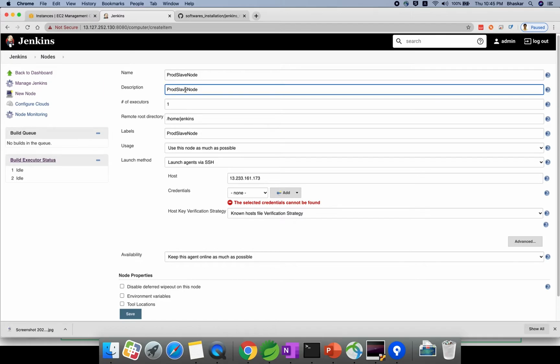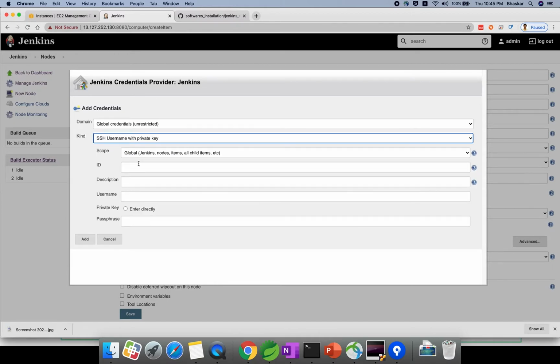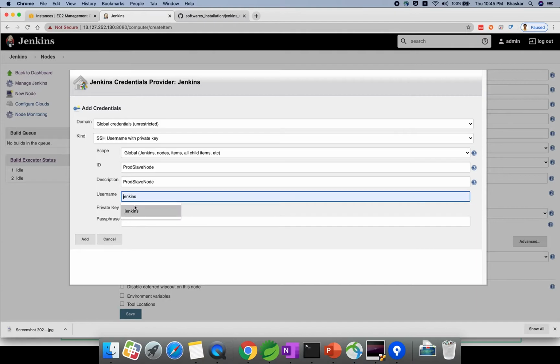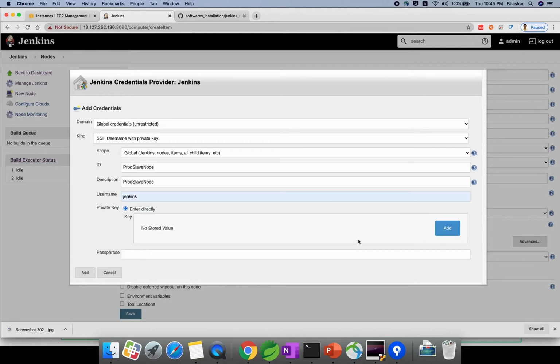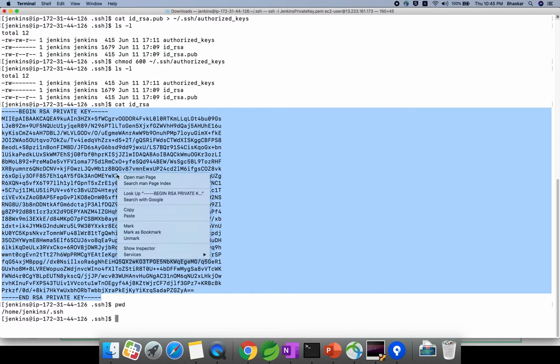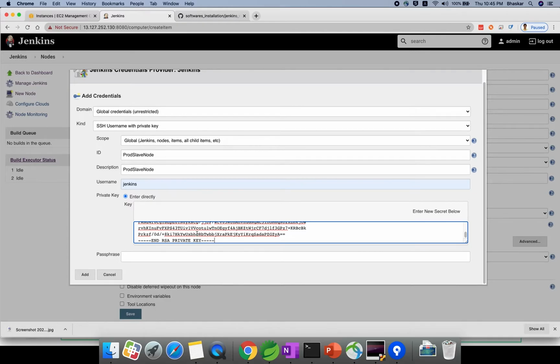I am giving the same name and ID, and the description is also the same. The user is Jenkins, and this is your private key, so you need to paste your private key. Copy, paste it here. Now your private key is ready.